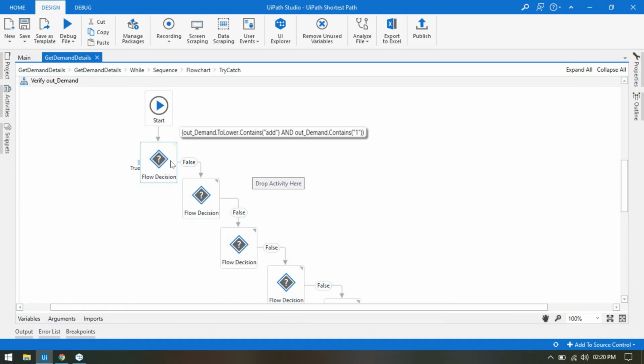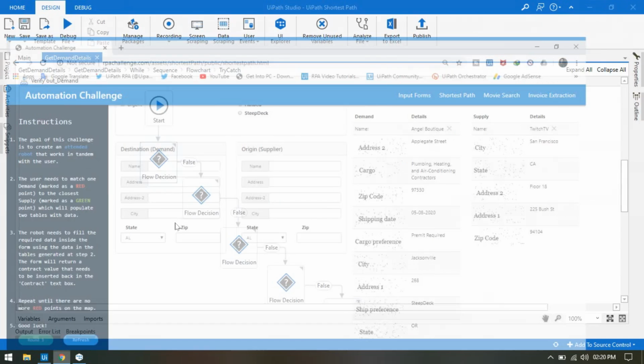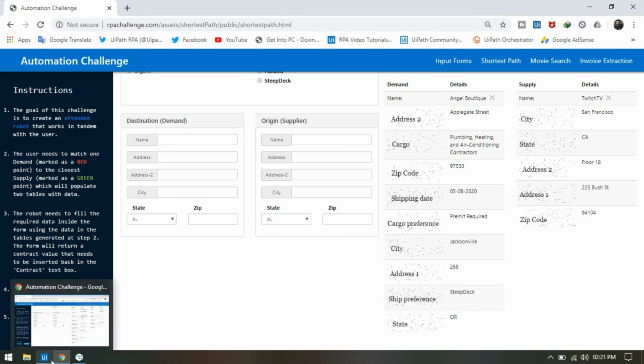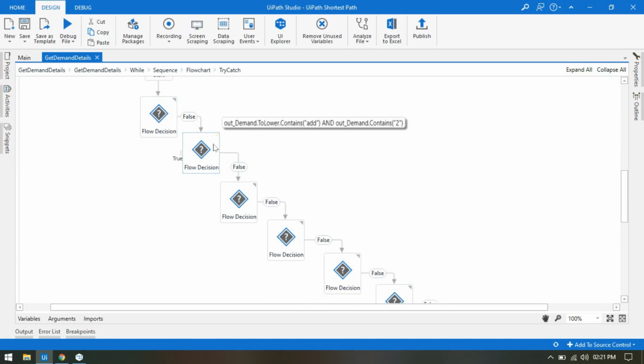It means if it has add and 1 is there, then it will go outside. It will check if this value has the address there. Yes, add is there, but does it have 1? No. Then what will happen? It will go to the next condition.